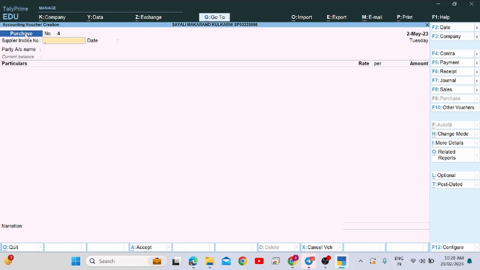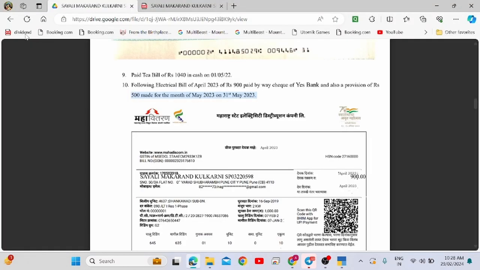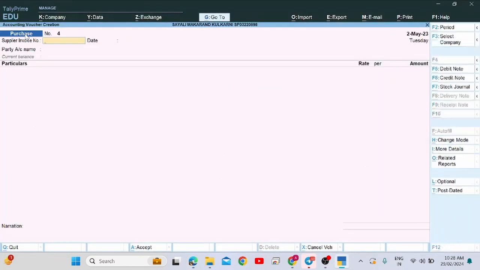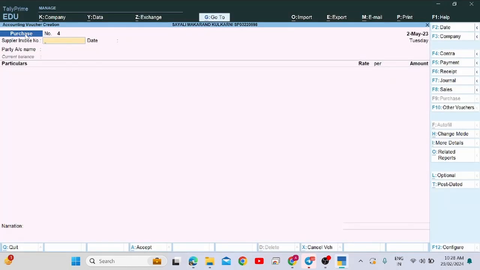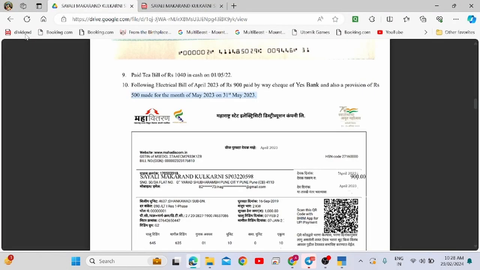This is most correct, passing purchase of a service entry in the purchase of service voucher type. If you don't have, passing that in the purchase is also correct, and if you don't want to pass in the purchase, then passing in the journal voucher type is also correct, right? But to get that in the GST return, you should pass this in either purchase or purchase of service voucher type. In actual practice that will not be allowed to you, therefore we are selecting purchase. And then second part of this voucher, second part, 500 provision on the 31st May, provision, all the provisions